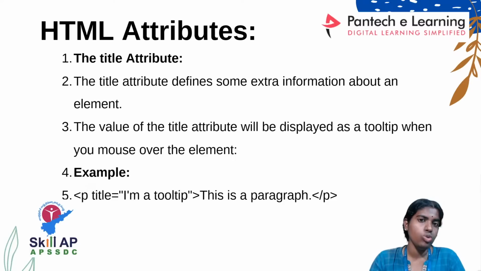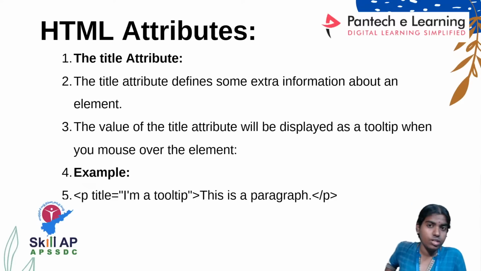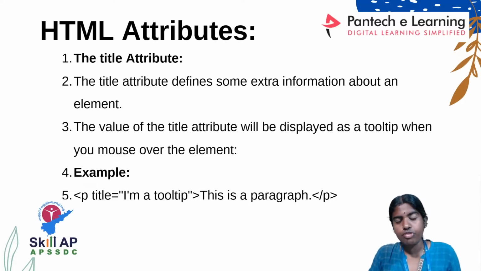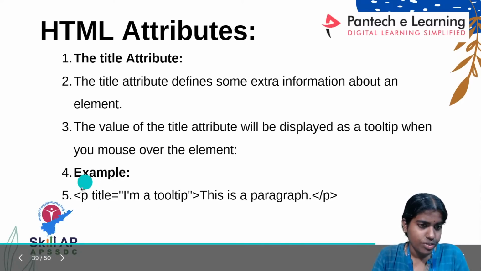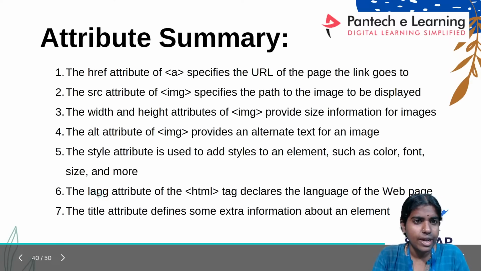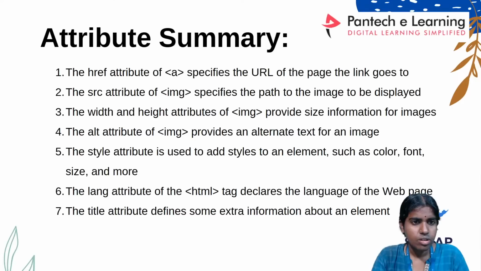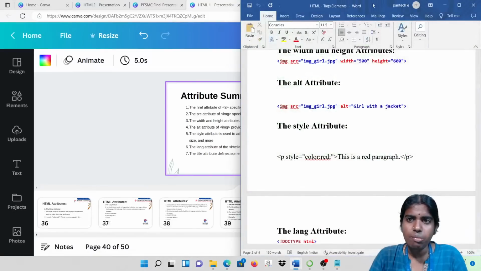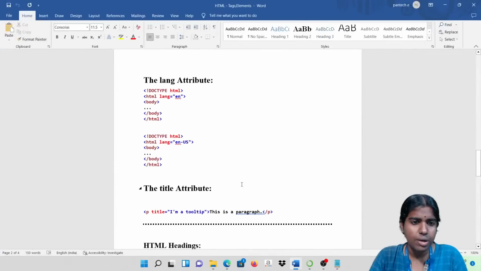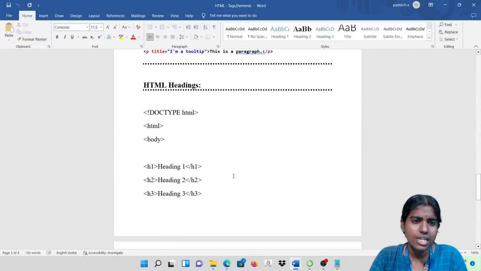Similarly, if you want to include some title inside your paragraph, you can go for the title attribute. They provide some additional information, extra information about an element. So if you want to display some title, you can go for this paragraph and I can go for this title tag, the title attribute. Clear with this? It has a starting p tag and a closing p tag. All these are the different types of tags and attributes available in the HTML language. Based on my requirement, I can use any of these tags and attributes.